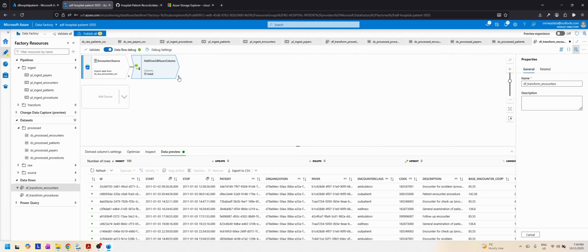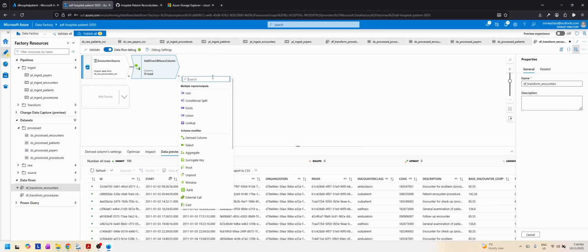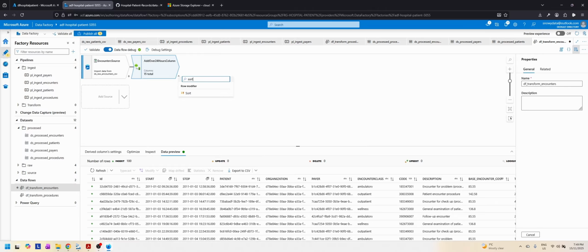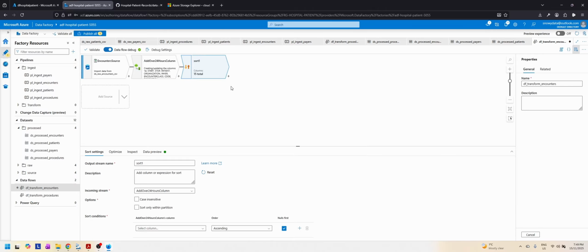So the first step is to sort. Let's find the sort transformation. Yep, here it is. Let's give it a name, sort patient and start. Okay,